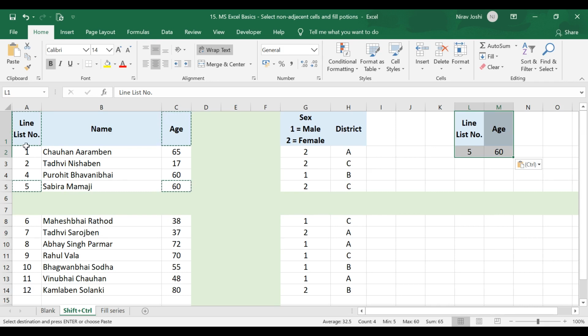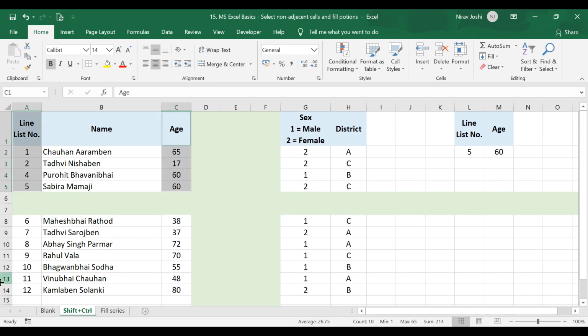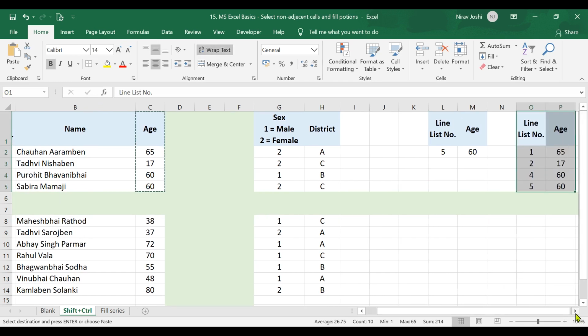Similarly, if we want to select groups of cells, like these 5 cells and these 5 cells which are non-continuous, then we can use the same control key. While continuously pressing the control key, we can first select this cell and then this one, and we can copy them by Control C and we can also paste them here.